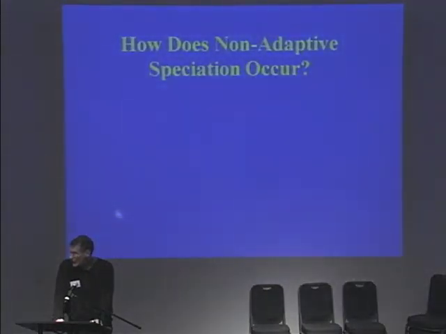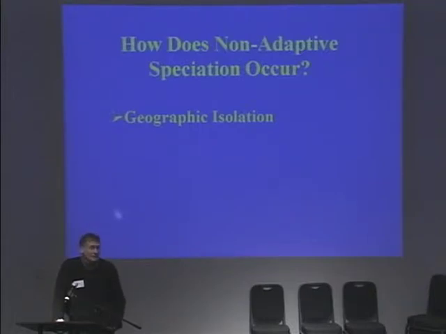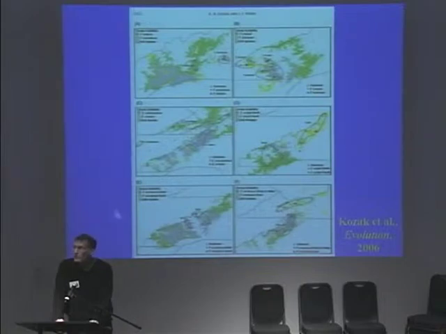Now, we might ask, though, how does non-adaptive speciation occur? And Mark talked about this yesterday. There are a number of explanations. In some cases, groups simply tend to get geographically isolated fairly easily, and as a result can speciate allopatrically without producing much ecological divergence. This sort of research has been centered recently here at Stony Brook with John Wiens and colleagues,